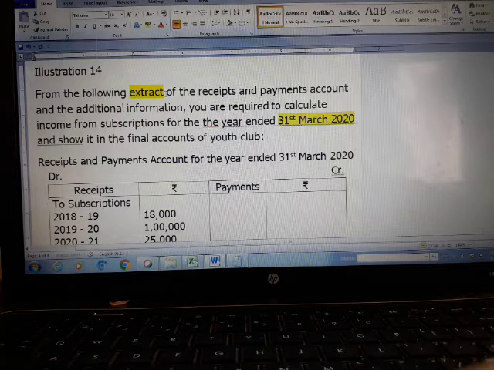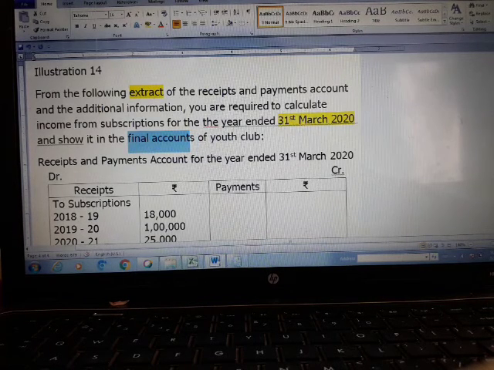So always remember in your mind, the first step is for which year they have asked you to prepare their income and expenditure or the balance sheet or receipts and payment. Based on that only you have to decide whether the subscription outstanding, whatever the amount, needs to be added or subtracted. Without considering this, if you take any decision, that will end up in a wrong value. So always remember that. Okay, for 31st of March 2020 and show final accounts.